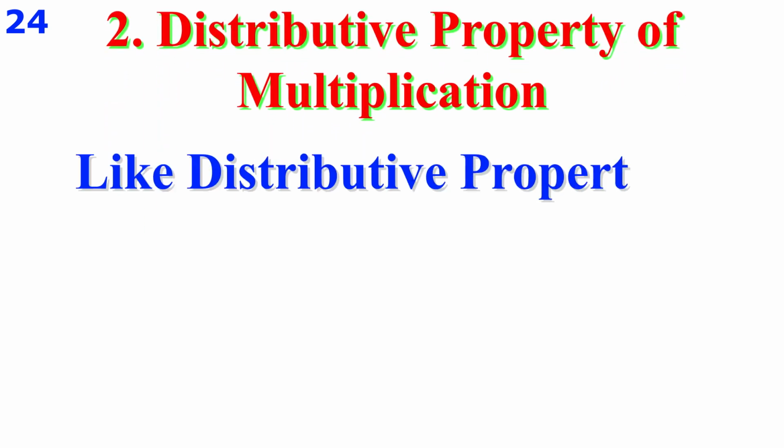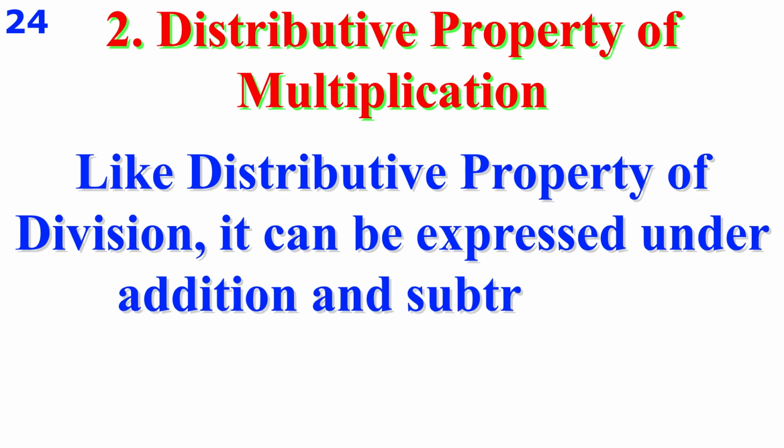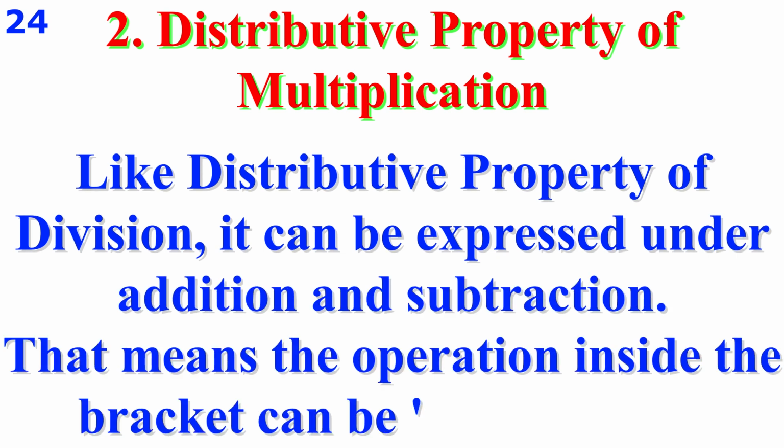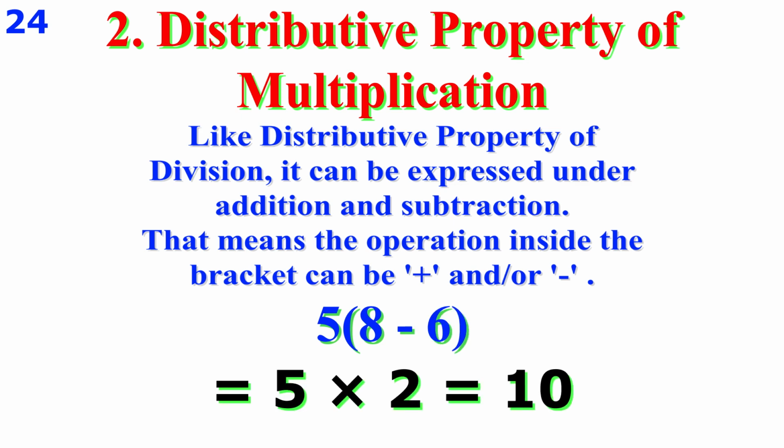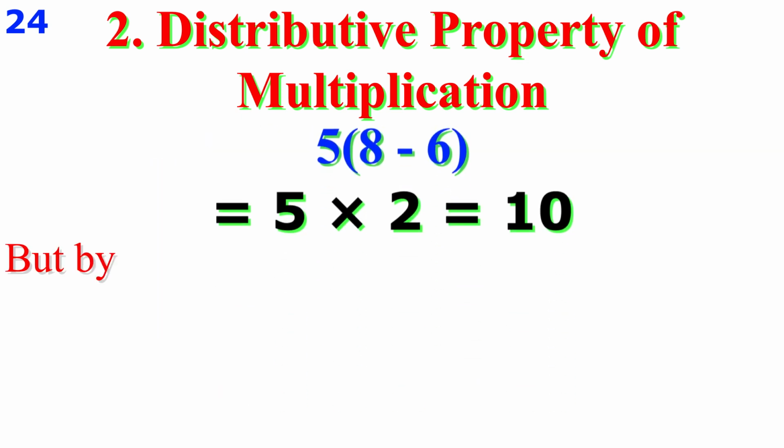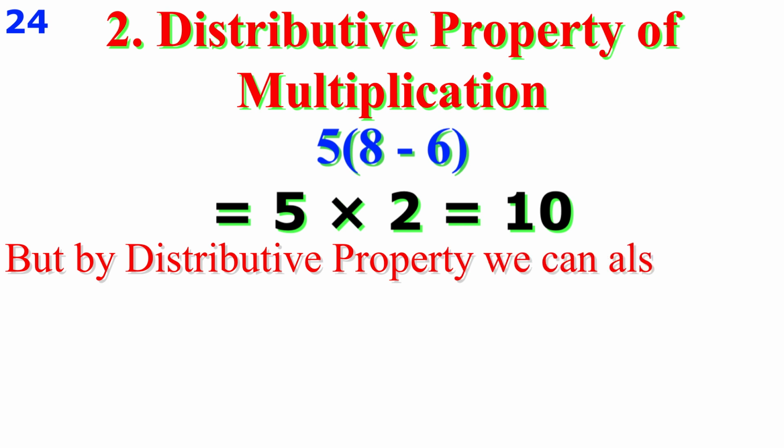Now the distributive property of multiplication. It can be expressed under addition and subtraction. That is, between the numbers inside the bracket will be addition or subtraction. For example, follow the screen. But according to the property,